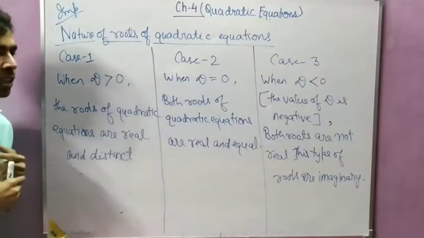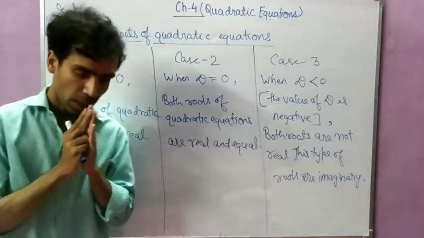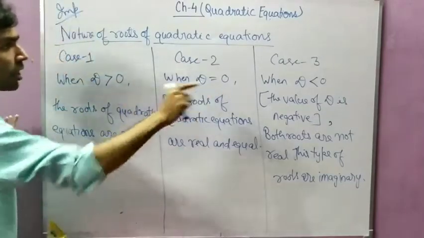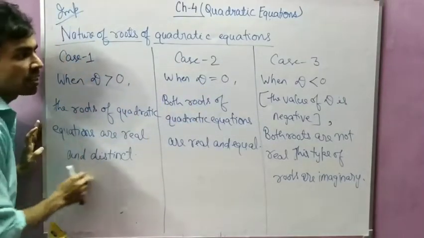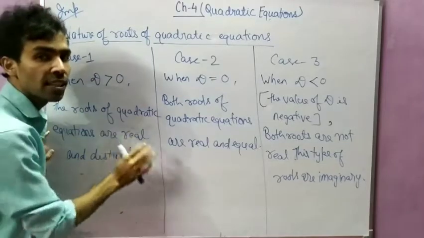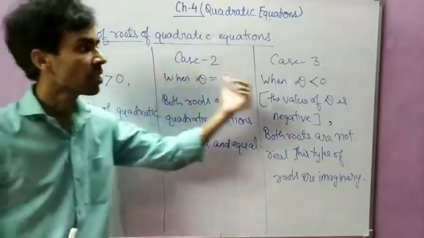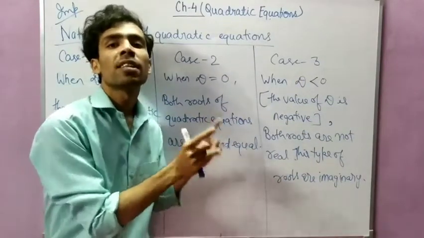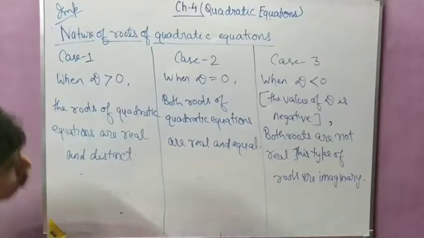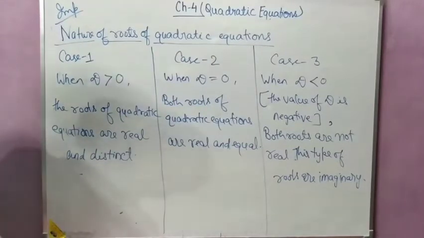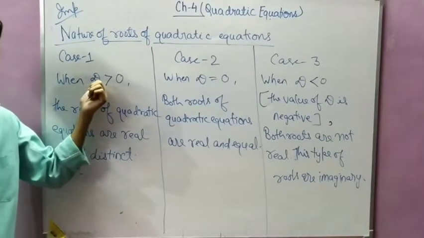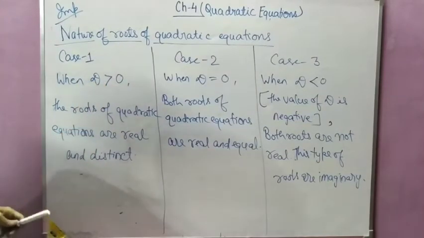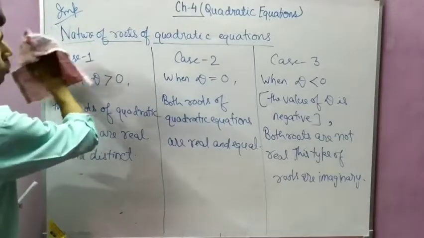Okay, if somebody asks you in how many cases nature of roots are real, so out of three cases we can see now in first and second case in both the cases roots are real, but in the last case roots are imaginary. And when will it happen? When the value of D is less than 0. Okay, so note down these things. D value you already know, b square minus 4ac. D is known as discriminant of quadratic equation. Okay, so I hope you have understood.